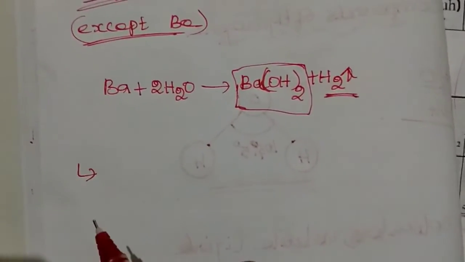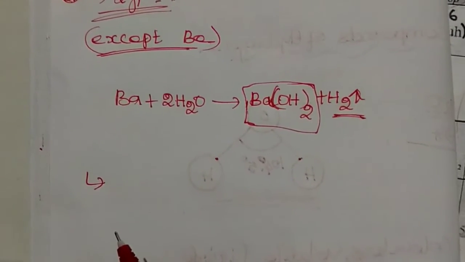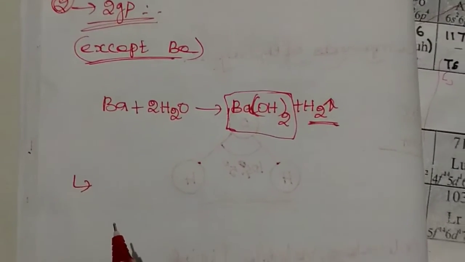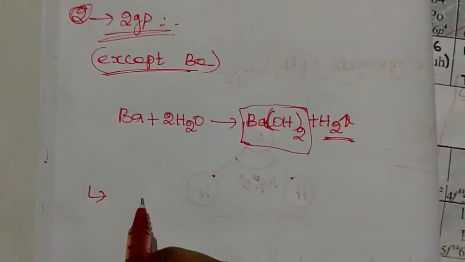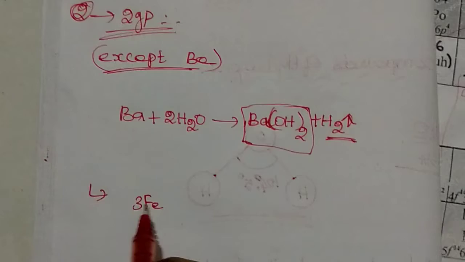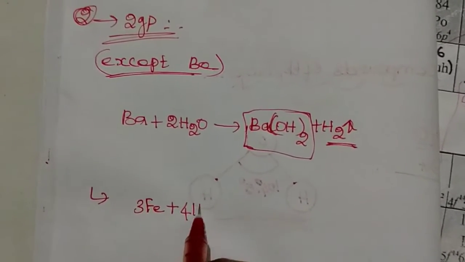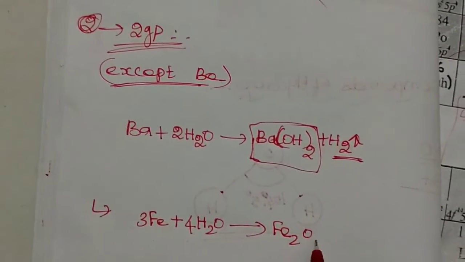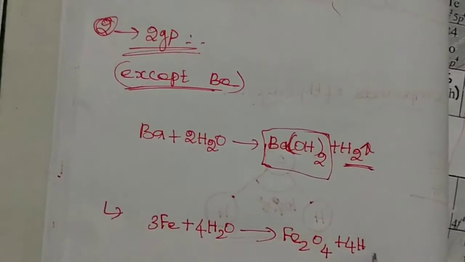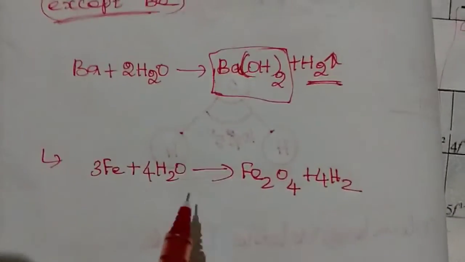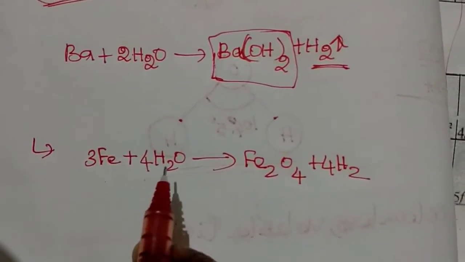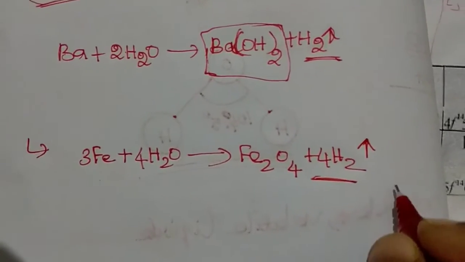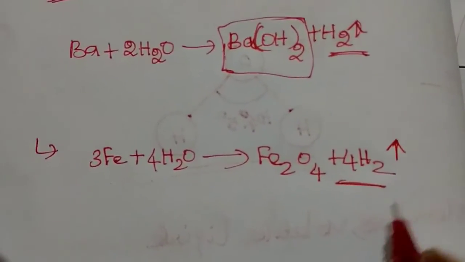Third property. Some transition metals react with hot water, or with steam, to form the corresponding oxides. For example, iron. We took iron here: 3 molecules of iron combined with 4 molecules of water produce Fe3O4 plus 4H2. The same process goes on when a transition element is combined with water, and they produce hydrogen as a byproduct, released as a gas. And the fourth